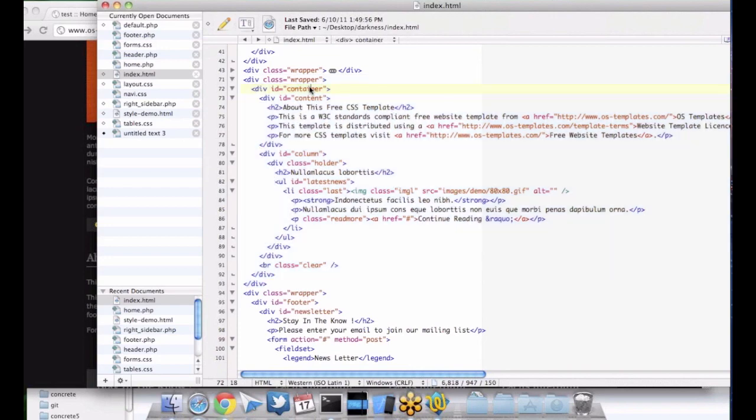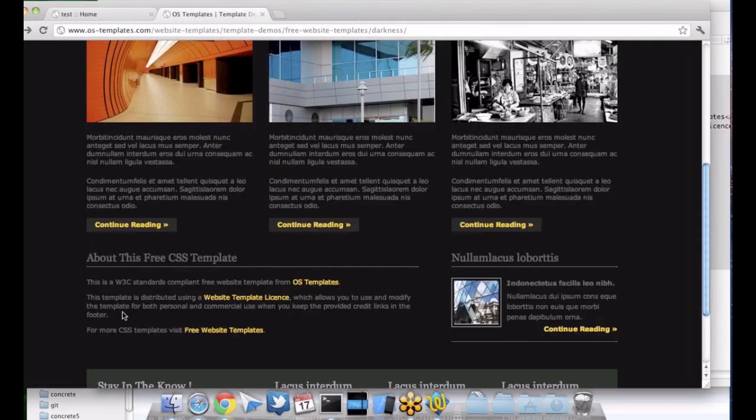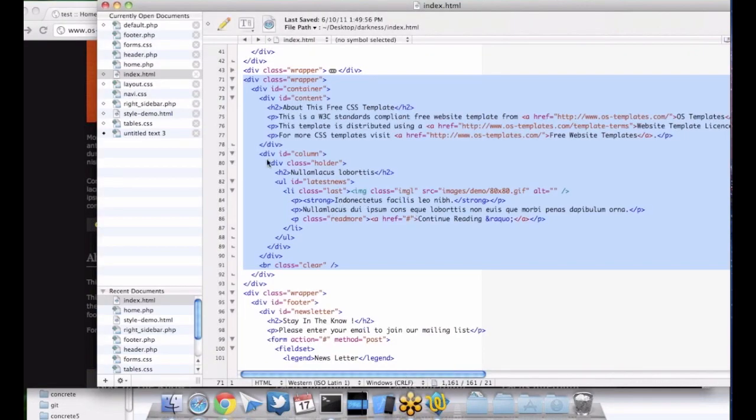So again, what I said before that you guys might not have heard, it looks to me like the content that index.html uses toward the bottom for this about this free CSS template and this little section over here is actually a similar bit of HTML to